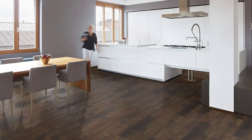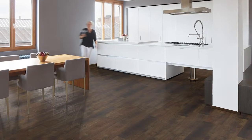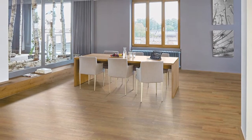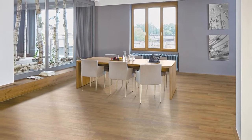Yeah, with Elemental, we also want to focus on the target group, on the residential target group. So we have also a thinner product which goes into housing or into more residential areas. So we needed quite a broad design selection. And as you mentioned, we launched it first for the European market. So we had to cover a lot of different country styles, individual styles. We have Southern Mediterranean, warmer colors. We have the cooler Scandinavian colors. And so we had to integrate it all. And it's so great to see that it also is received so well in the US. So this shows me that the world is growing together and taste is growing together, which is quite nice and